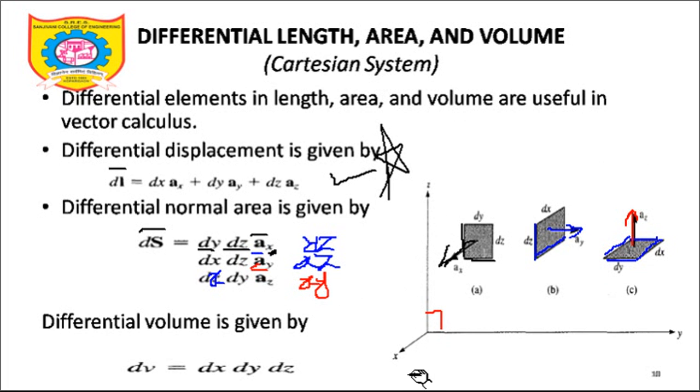If I consider the xz plane, the unit normal vector perpendicular to the xz plane is ay bar. And similarly, if I talk about the xy plane, if I draw a rectangle here and want to find the unit vector normal to this particular surface xy, it must be az bar. So you should be aware of these three things when you need to represent a surface. I need two things which are varying and one thing which is normal to the plane. So it can be represented as dy dz ax bar, or dx dz ay bar, or dx dy az bar. All these three things you need to understand to represent any surface in the Cartesian coordinate system.